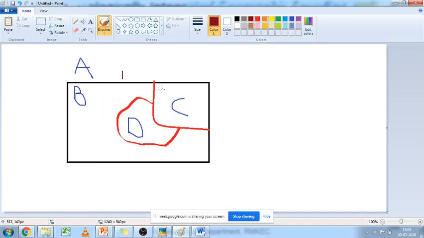Let's assume this is line 1, this is line 2. Why am I dividing line 1 and line 2? Because there is one intersection over here, correct? This entire part will be line 1 because there is no other interconnection. This L shaped part will be line number 2, and this will be line number 3, this will be line number 4, this interconnected middle will be line number 5, and this will be line number 6.